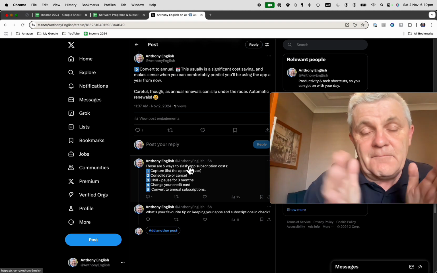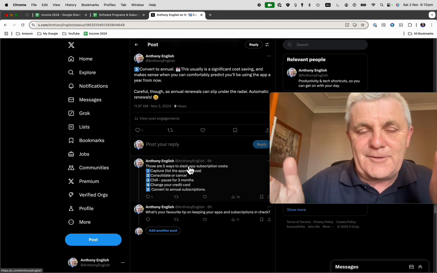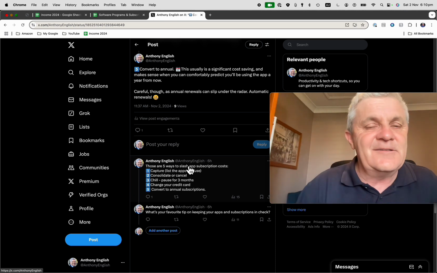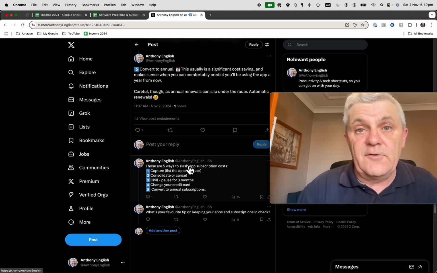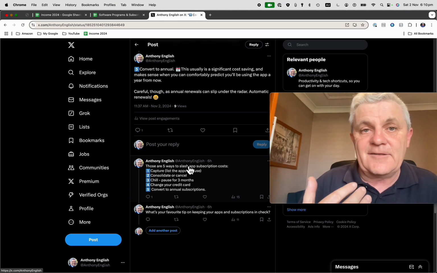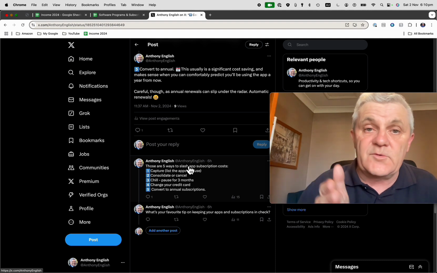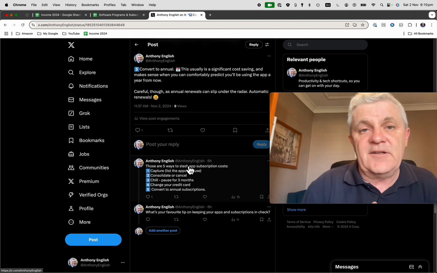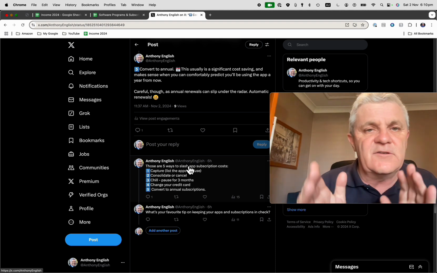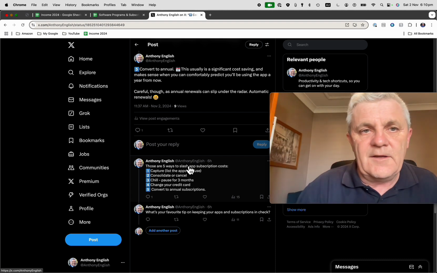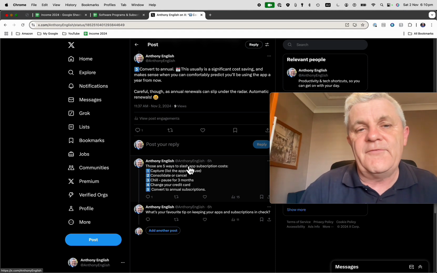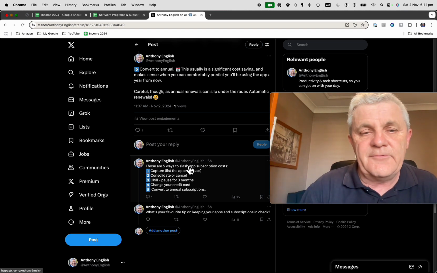They get a big 12-month or 10-month bonus payment right up front, which is really good for the SaaS company. That's good for their cash flow, but it's also good for you, because you have paid for it up front. If there are some apps that, hey, we're fixed on this, there's no way we're going to be moving off this in the next 12 months.